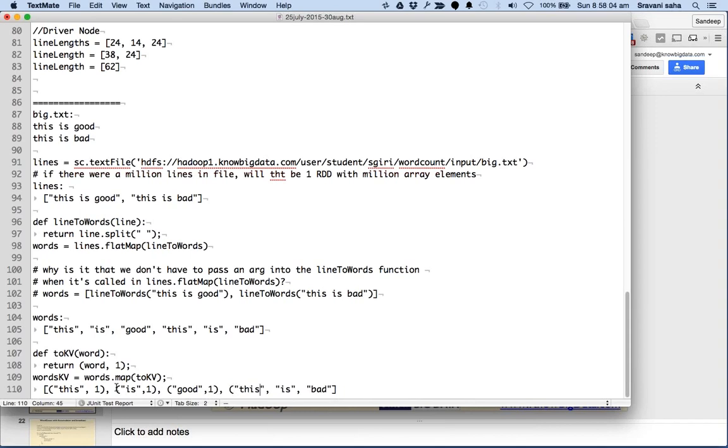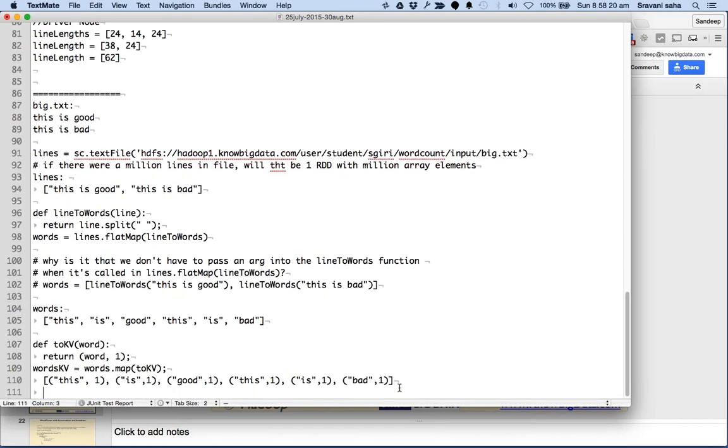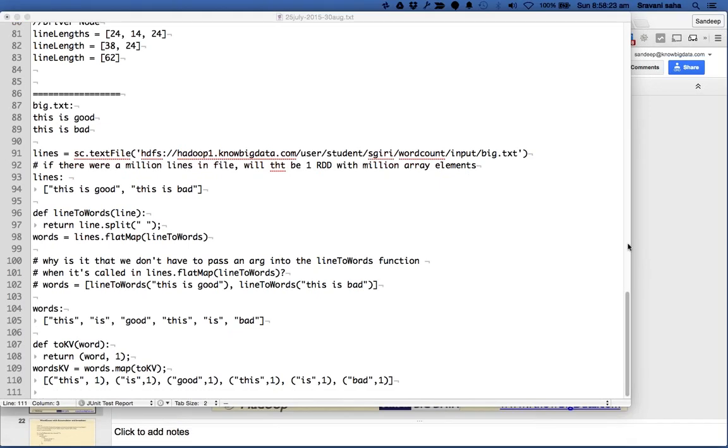Value is 1 and key is the actual word. Make sense to you? Good. Now,